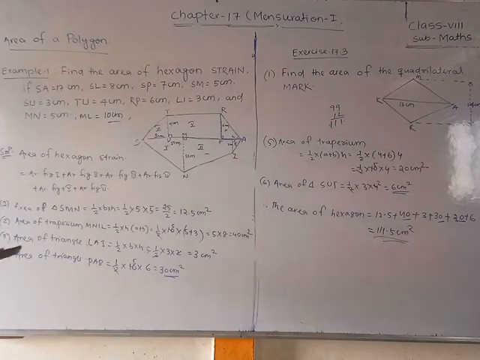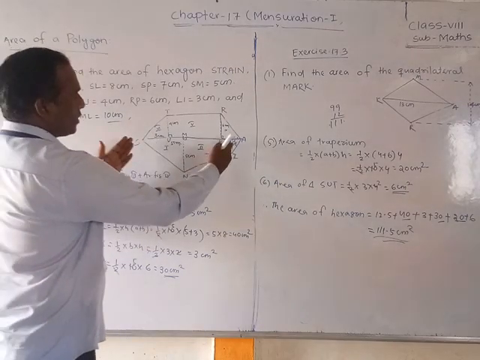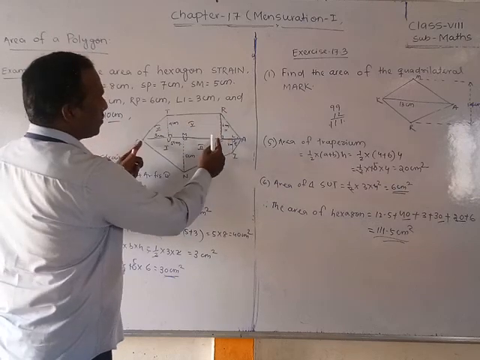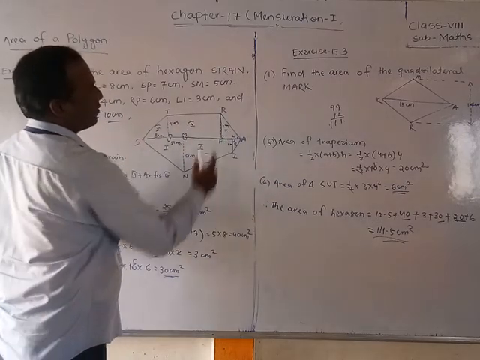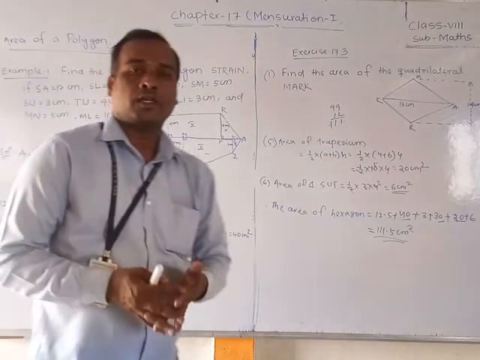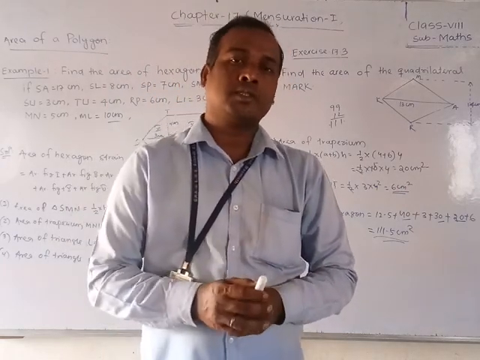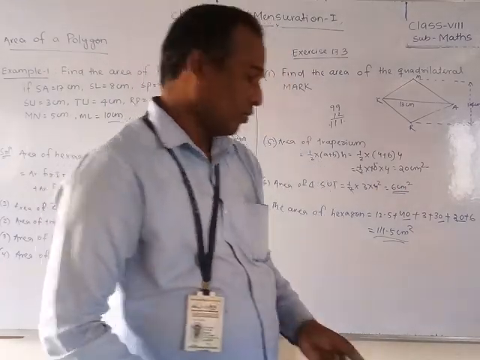So in this way, if some measurements differ, it will be different according to your examples, but how we should find it out is very important. If it is not given, you have to check carefully which measurements you will take out and find them. Okay, this is about the area of the hexagon. If you are asked in so many different ways, and if some measurements are not given, you have to find out those measurements by following the technique.